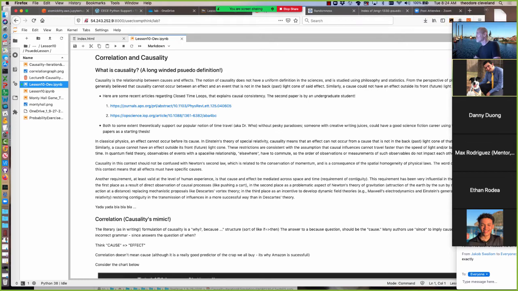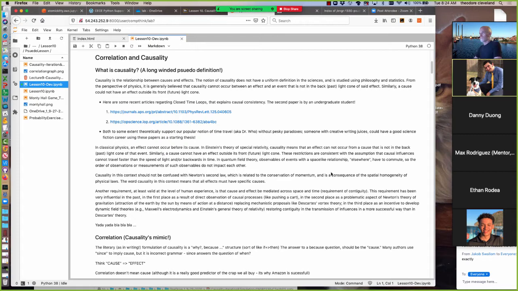From the perspective of physics, it's generally believed causality cannot occur between an effect and an event that is not in the back or the past light time cone of the effect. Similarly, a cause cannot influence something outside its future time cone. They're using light cone in this sentence, but they mean time. And then there's some recent articles on closed time loops. I mean, so if you're like a Doctor Who fan,